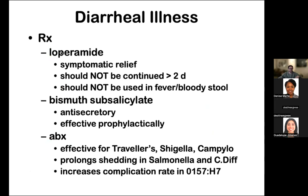So for diarrheal illness, you're going to give them loperamide for symptomatic relief. It shouldn't be given for more than 2 days, and it should not be given in patients that have fever or bloody stools. Sometimes you can get bismuth, which is like anti-secretory, and sometimes you can give antibiotics for traveler's diarrhea or Shigella or Campylobacter. Just remember, it prolongs the shedding for patients if they have Salmonella or C. diff, and increases the complication rate for patients with